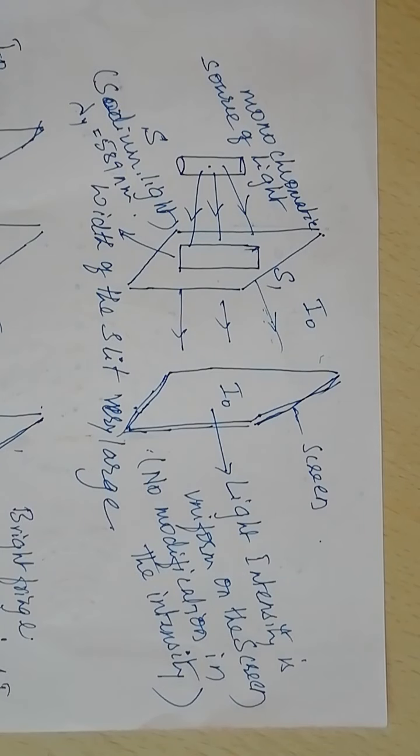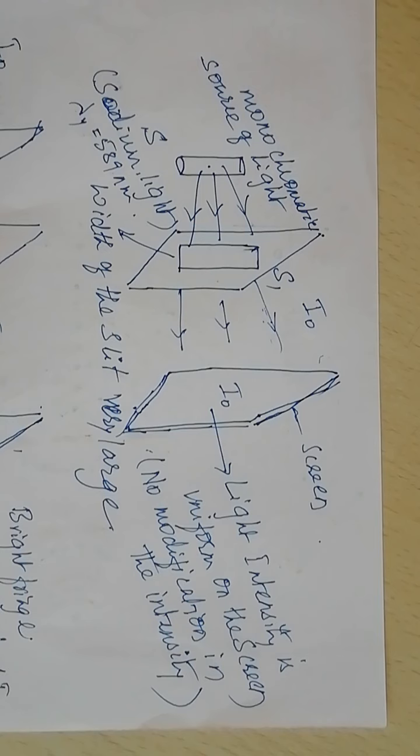Good morning, students. In the previous class, we discussed the theory of interference and the conditions for constructive interference and destructive interference, which means the conditions for the bright bands to be formed and the conditions for the dark bands to be formed, both in terms of phase difference as well as path difference. In continuation with that,